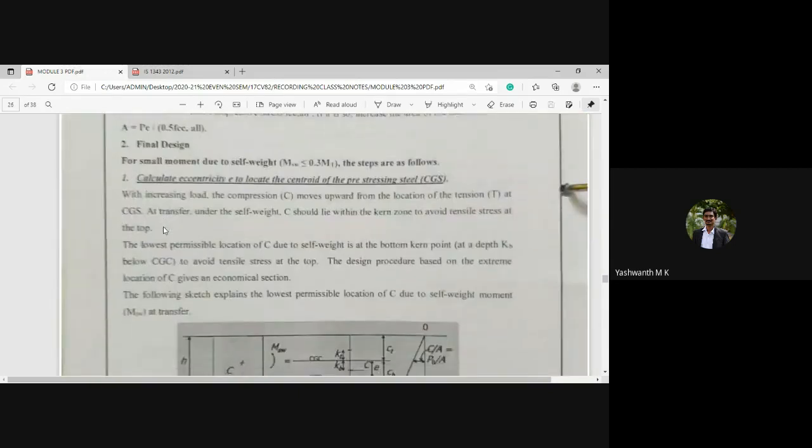Next, going with the final design. So what exactly is final design? The final design will vary based upon the condition once again, whether MSW divided by total moment is lesser than or equal to 0.3, or MSW by MT is greater than 0.3. So based on these two conditions, the final design will vary.